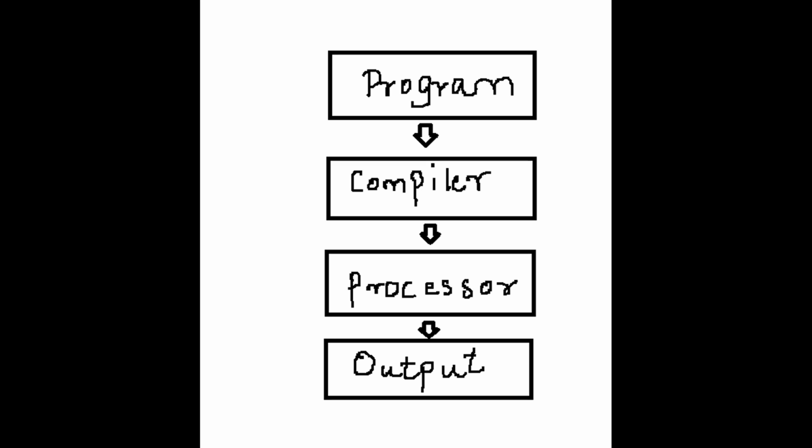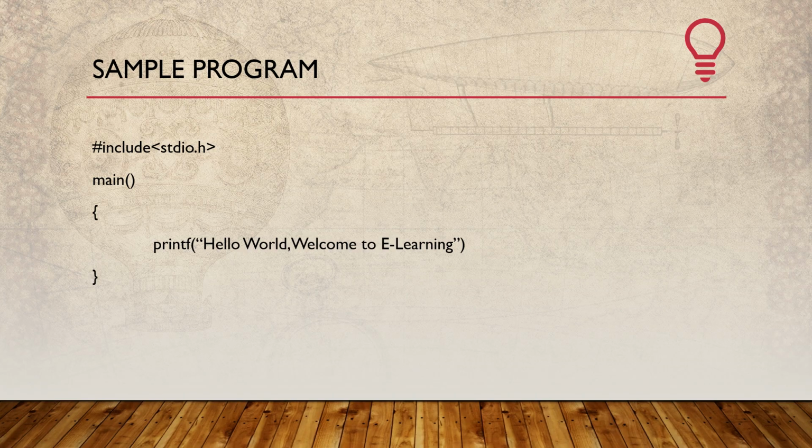I hope you are seeing the same program on your screens now. In this, stdio.h, which is the first line, is basically the library which has input output functions like printf and scanf. Hash include is a preprocessor directive. And coming to the main function, this is the function from where the execution of your program starts. Printf, as I told you before, is one of the functions of stdio.h and it prints whatever is written inside the brackets onto your console. So this was a brief explanation about the previous video.